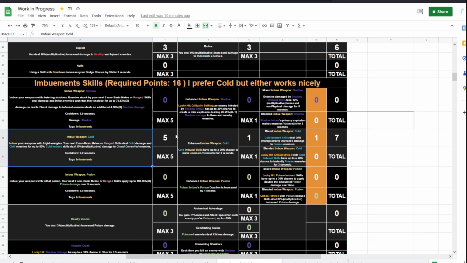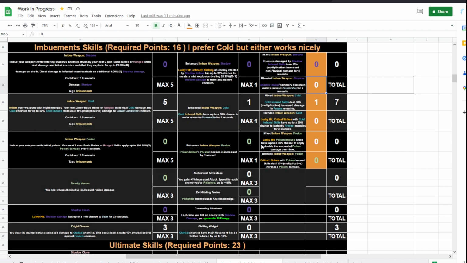Now, I've taken Coat Imbue, but if you want to take Shadow or Poison, I have color-coded the skills I would max out. Obviously this and this, but here I would max this one out to 1 point instead of that one. You can only pick one of them. Here I would take this,